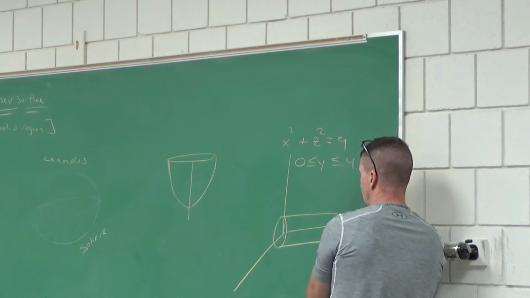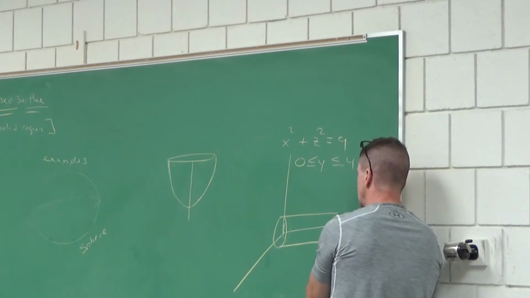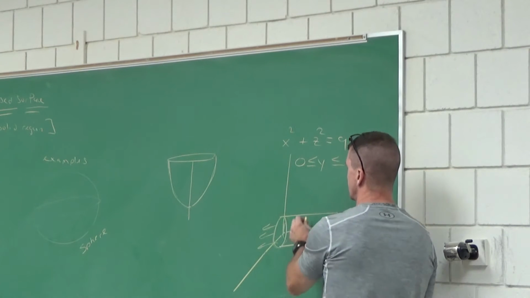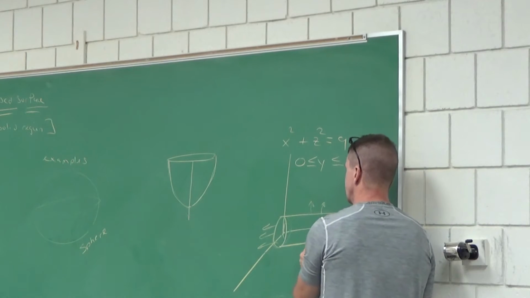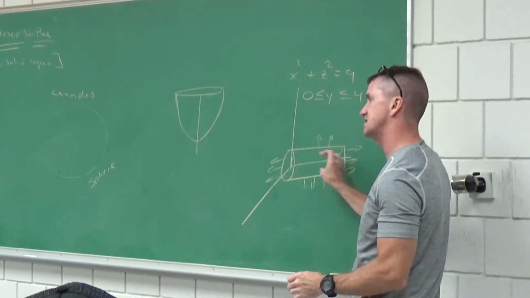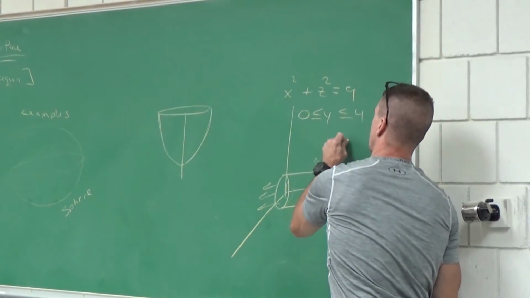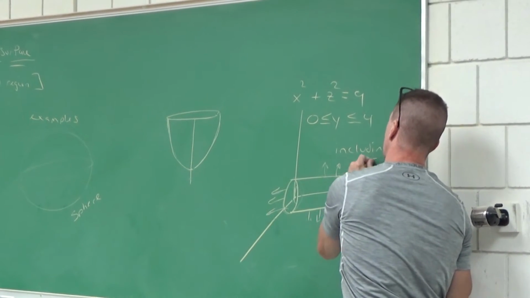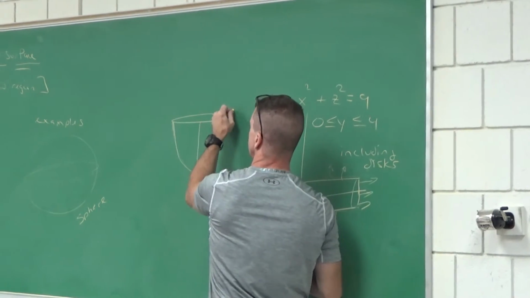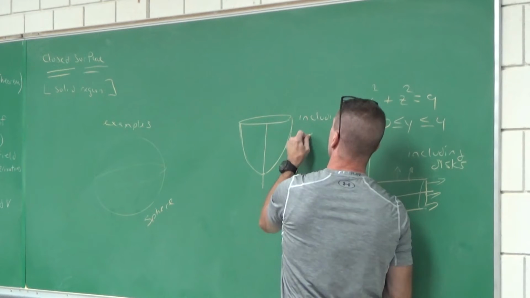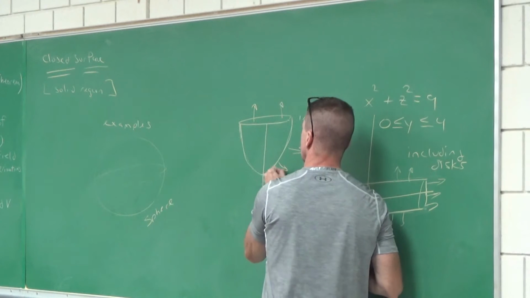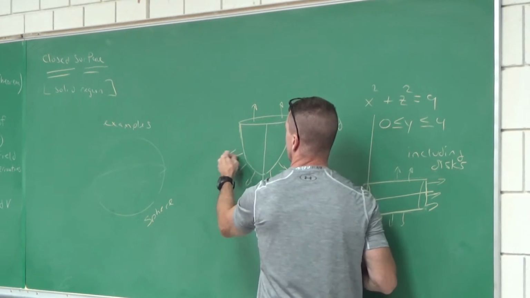including this disk, and you would have outward, which is called positive orientation. All the normal vectors off there. Outward orientation, normal vectors off that surface, and then off the lateral portion of that cylinder. Now you would have a closed surface. But you'd have to be specific and say including these disks, including the disks at the end. Both disks, at this side and this side, at y equals 0 and y equals 4. Here you get including this disk. And this theorem, Gauss's divergence theorem, is for outward orientation, which they refer to as positive orientation.